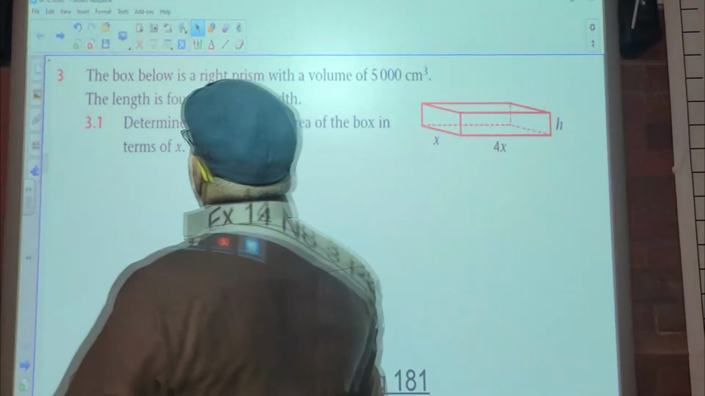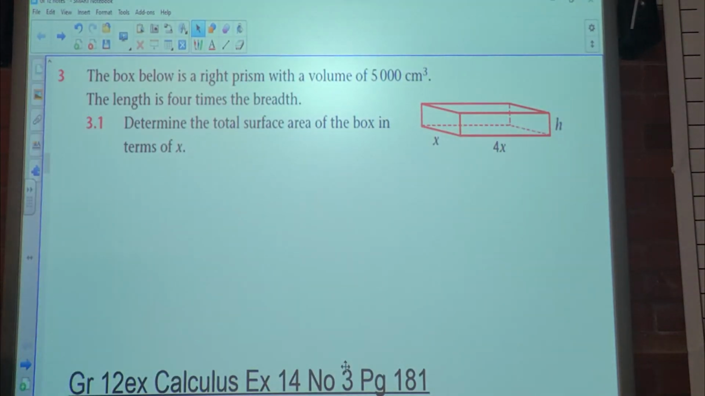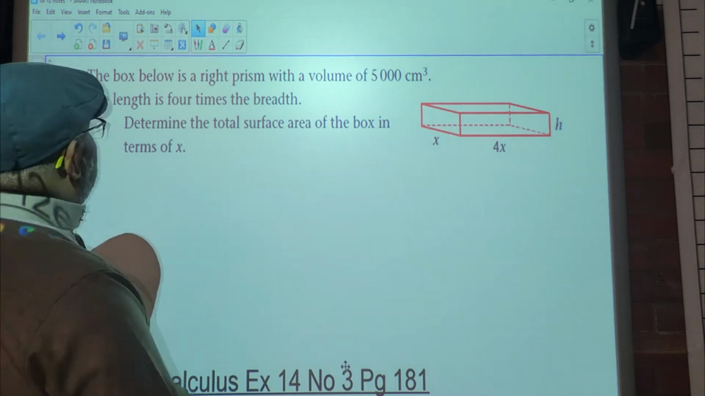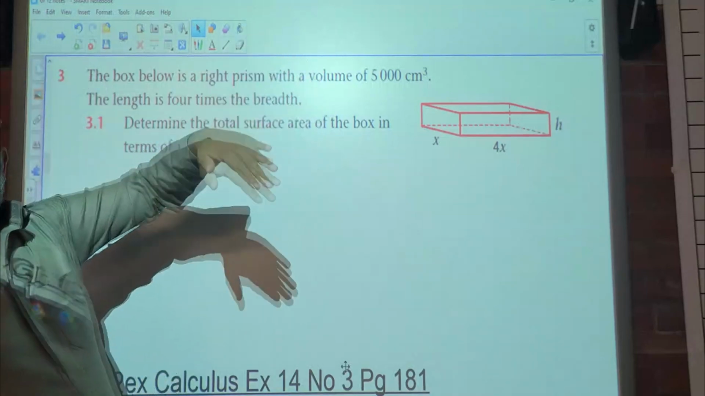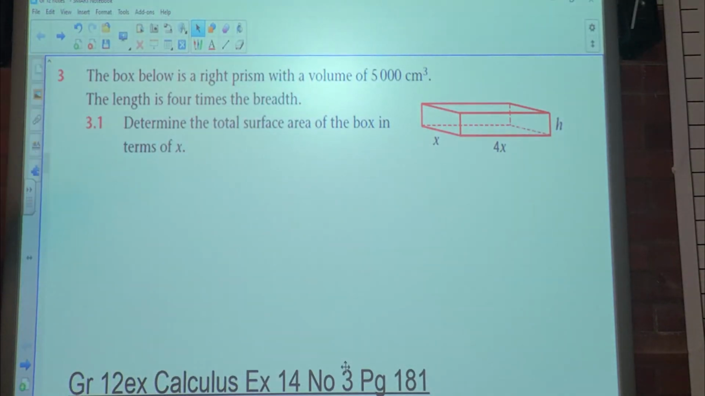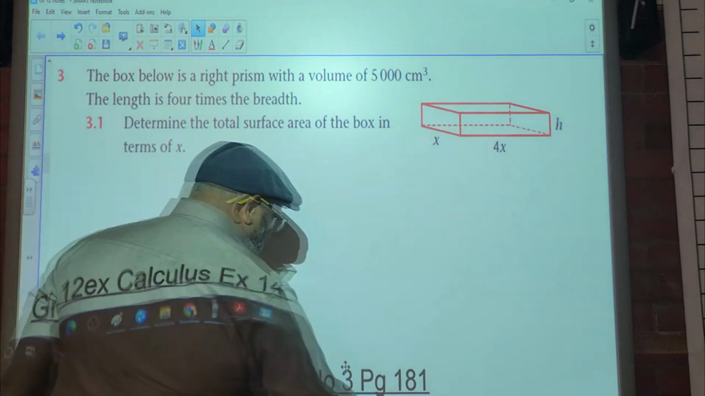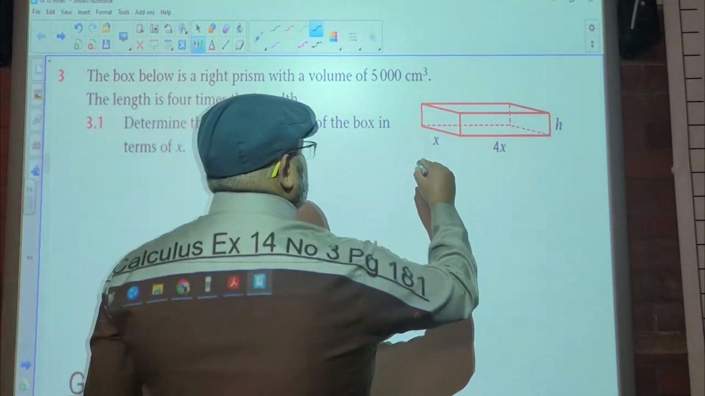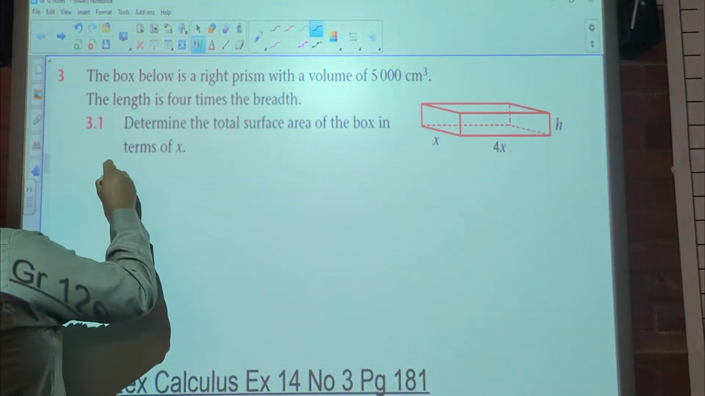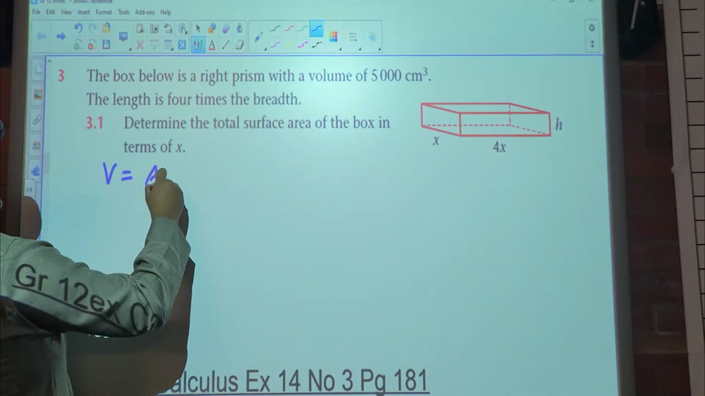The box below is a right prism with a volume of 5,000 centimeters cubed. So what do you think they're going to ask? Surface area. Yes, surface area. As I said, if the volume is given, the surface area will be asked. If the surface area is given, the volume will be asked. Okay. So how do we calculate the volume of a prism? Volume is equal to area of base